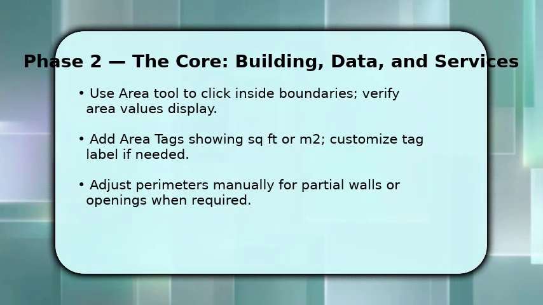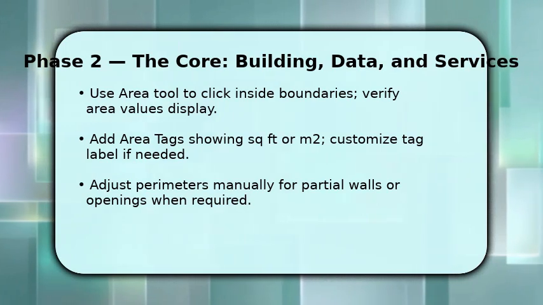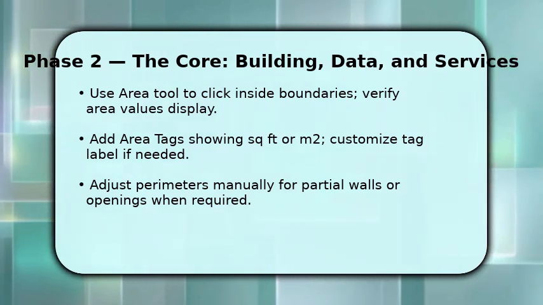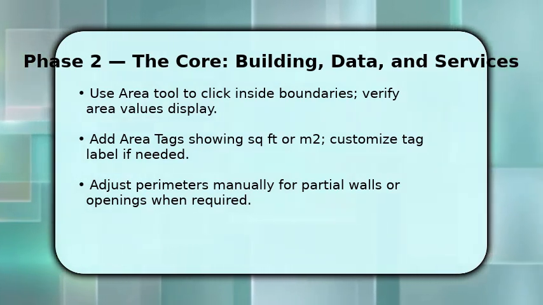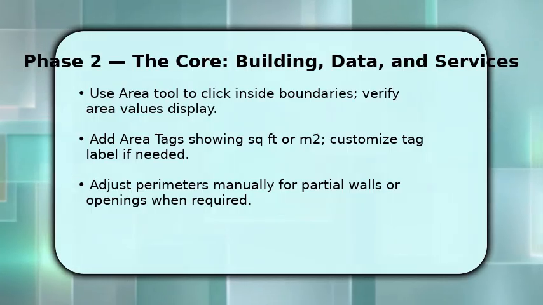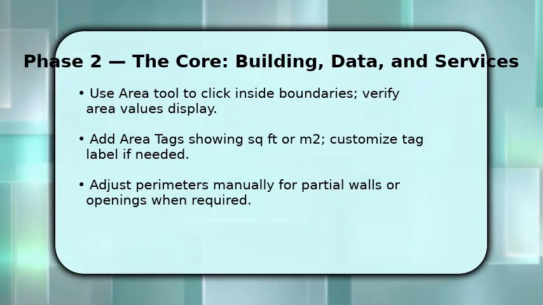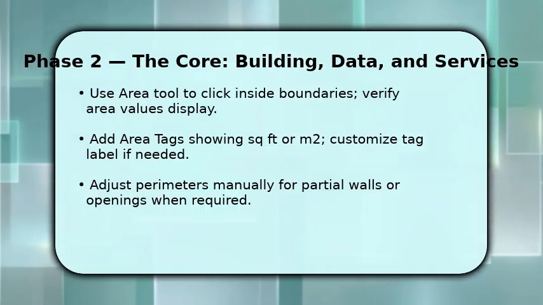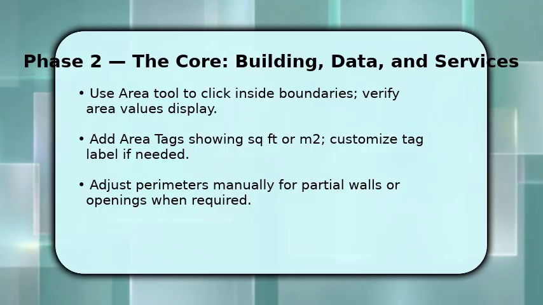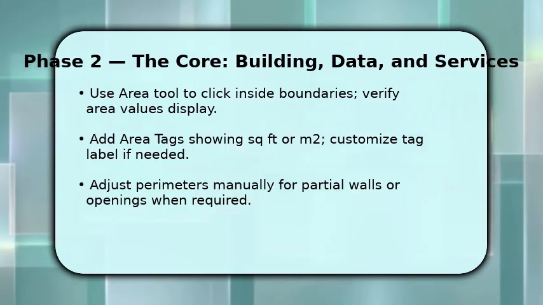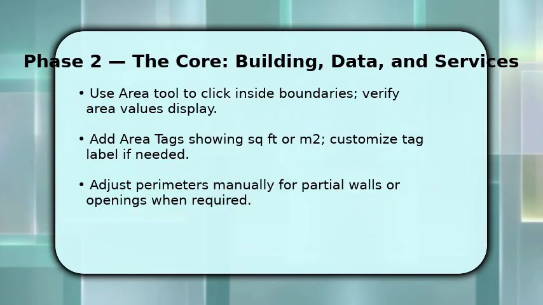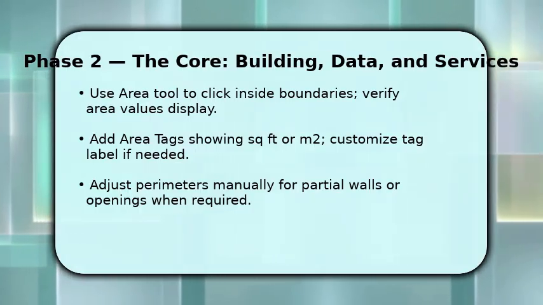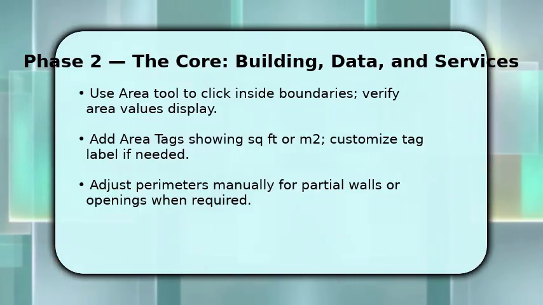Now you place areas using the Area tool. Click inside each defined boundary and watch the numeric value appear. This is how Revit records area. Then add area tags to make values visible on the plan. Choose square feet or square meters depending on project standards, and edit the tag family if you need different label fields. If walls or openings cause partial areas, adjust the boundary lines or use split areas to ensure accurate totals